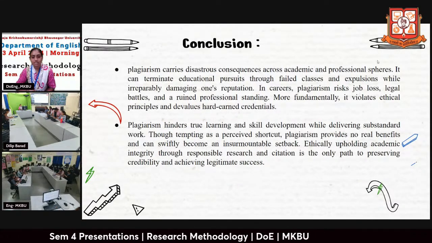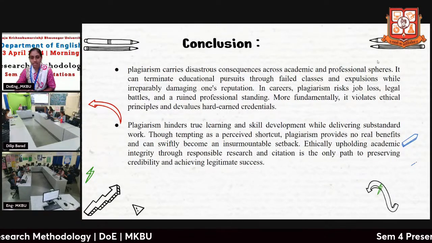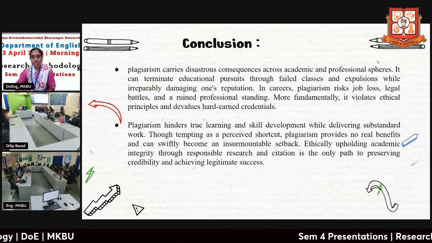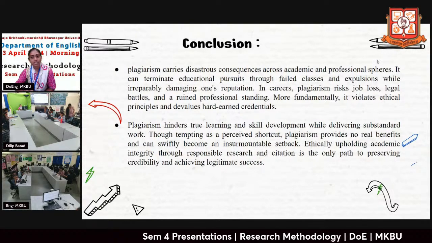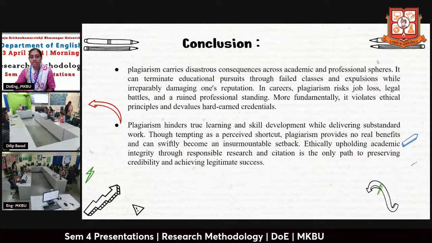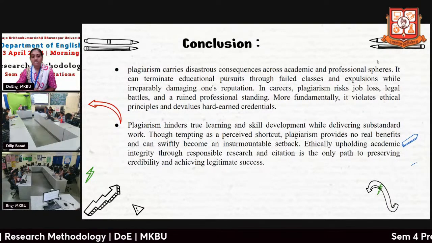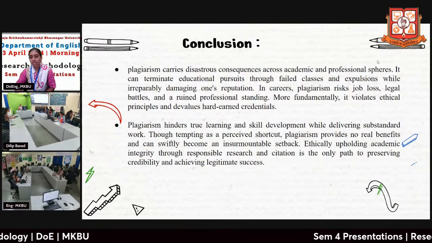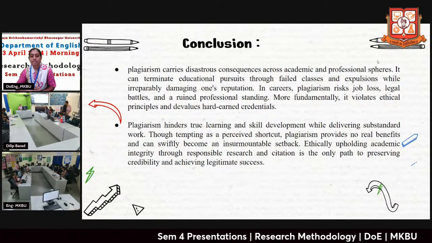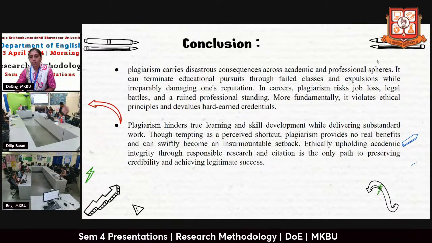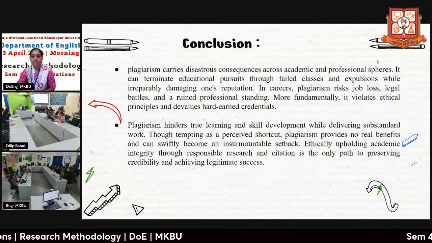Plagiarism carries disastrous consequences across academic and professional spheres. It can terminate educational pursuits through failed classes and expulsions, while irreparably damaging one's reputation. In careers, plagiarism risks job loss, legal battles, and ruined professional standing. More fundamentally, it violates ethical principles and devalues